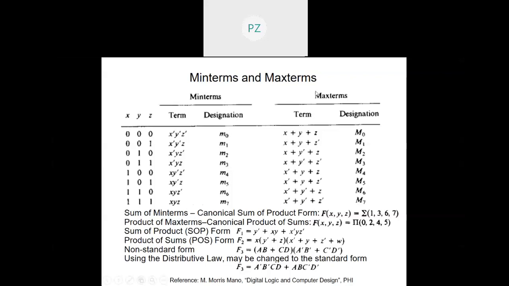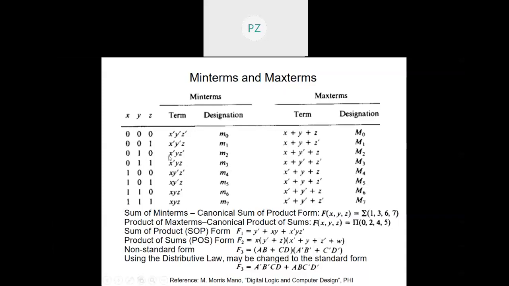Now coming to min terms and max terms. Suppose I am talking about three variables. So these are the possible combinations for the three variables. Total possible combinations will be 2 to the power 3, which is 8. So 0 to 7 is the variation, which is the 8 variations. Now I can write this particular term as x dash, y dash, z dash, and I call it as the min term 0. Similarly, 0, 0, 1 would be x dash, y dash, z. Wherever I've got a 0, I'll place it as dash, and wherever I've got a 1, I'll place it as it is, the true value. So this will be min term m1.